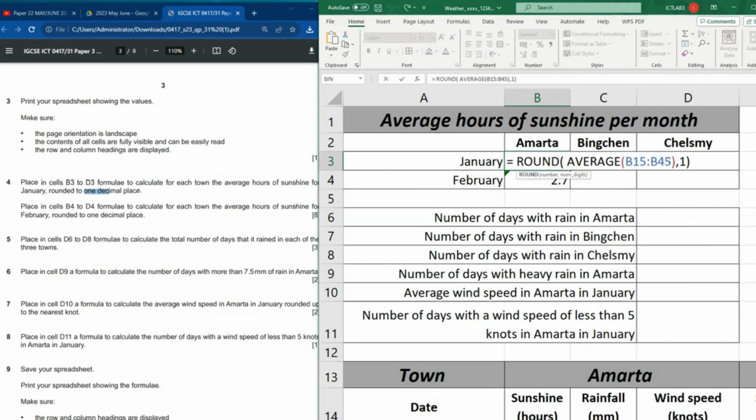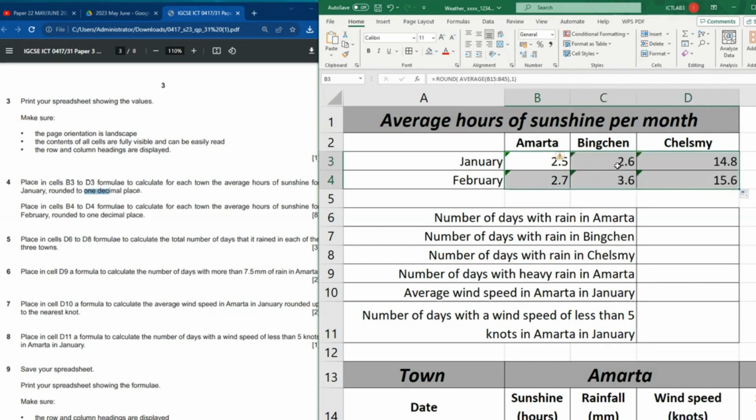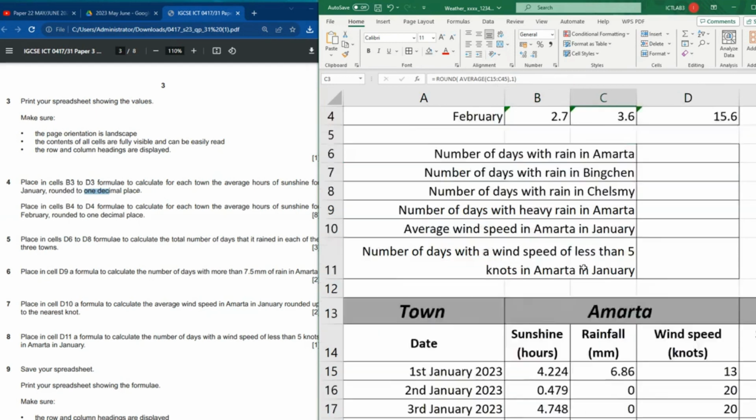So this one is B1 until B45. That's for January. Then for February, B46 until B73. Just as simple as this. Now the next question answers, you need to do the same thing. This one is for B4, right? But you need to do the same thing for C3, C4, D3, D4. So you need to do the same thing for that. So what I can do is, perhaps you can just copy this formula. All right. Then the only thing we need to change is the